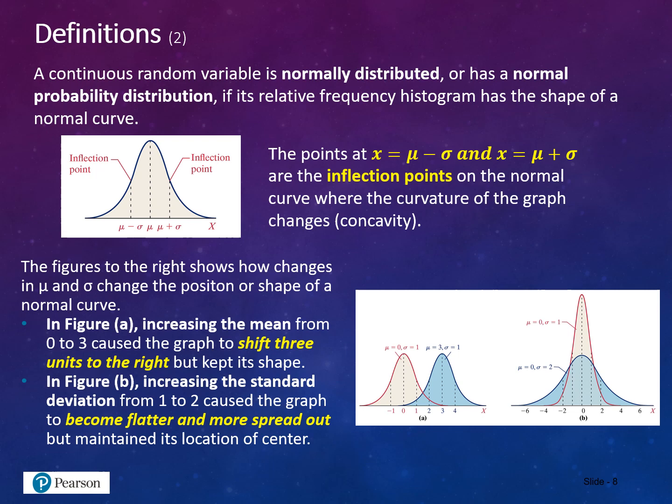That makes sense, right? Because the mean is the highest point of these graphs, and so if we're increasing it by 3, that means the x value has gone up by 3, which means we're moving along the x-axis 3 units to the right. In figure B, increasing the standard deviation from 1 to 2 causes the graph to become